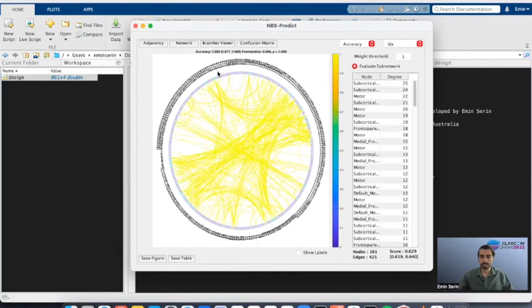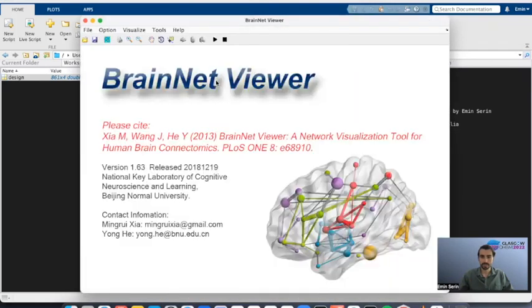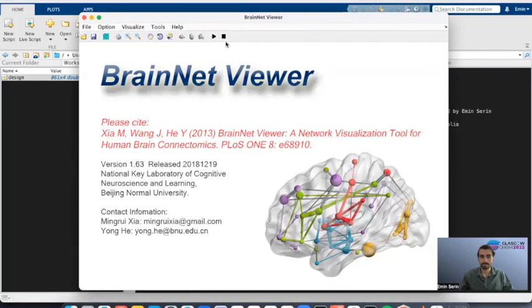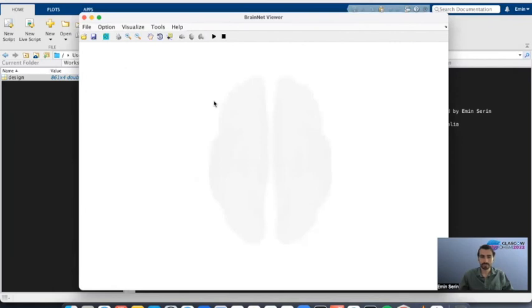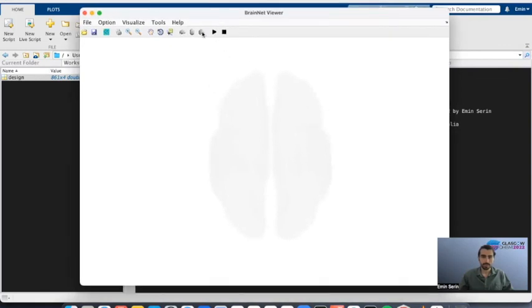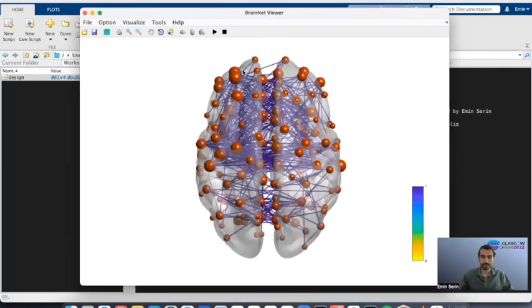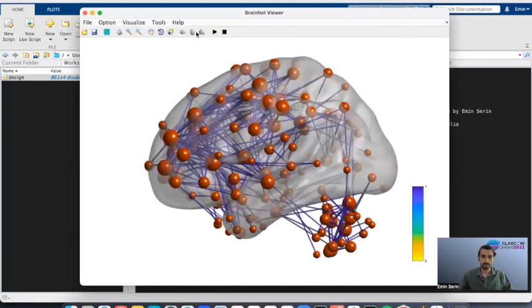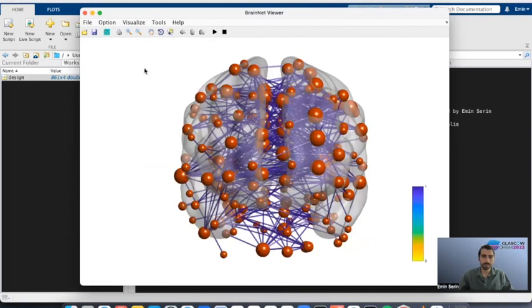It will automatically open the BrainNet Viewer toolbox, which is a great toolbox for visualizing brain networks. And this is our subnetwork, and we can also check the different slices here. We can also save the brain images or brain networks using this button here.